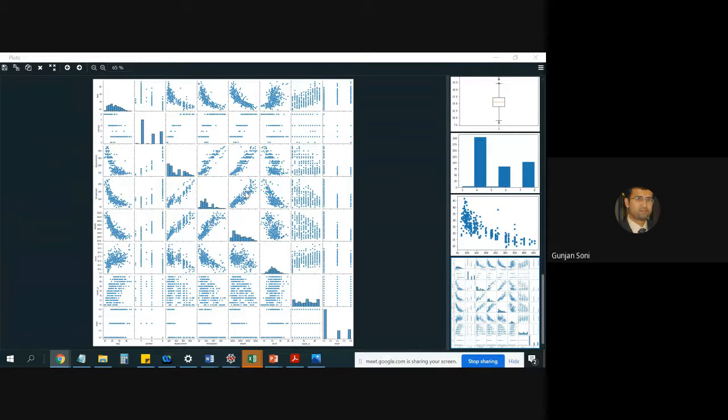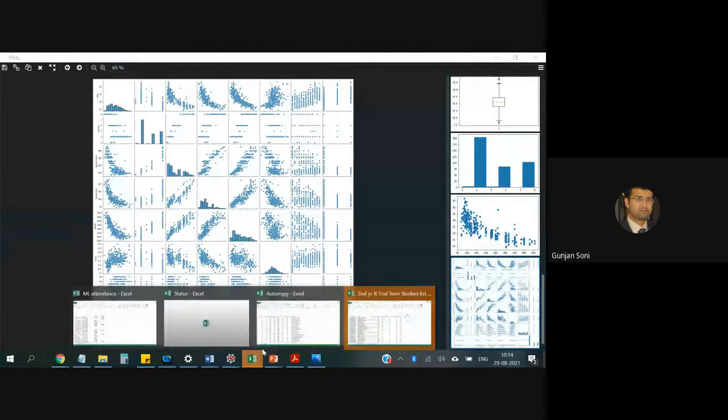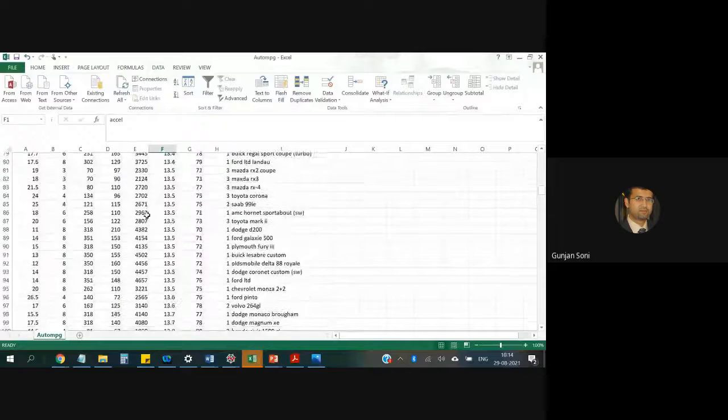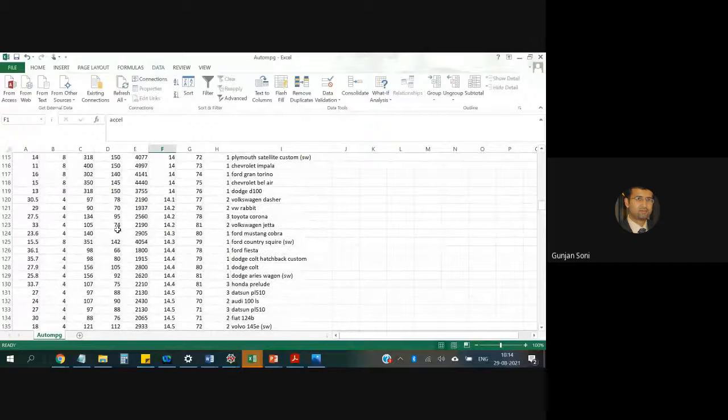So after looking at these scatter plots and cross tabulations, we have explored most of the data. After exploring the data, the next is data quality and remediation. So data quality and remediation basically means that, as we have seen earlier, there were missing values in the data, like you see over here, one over here.